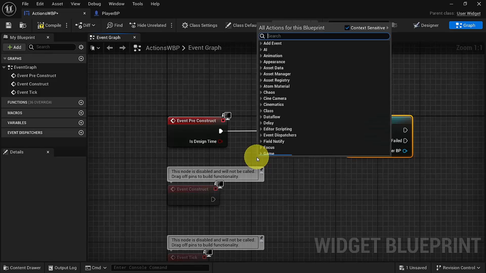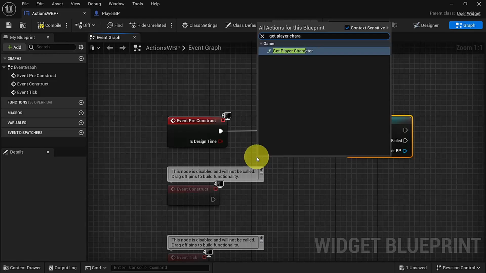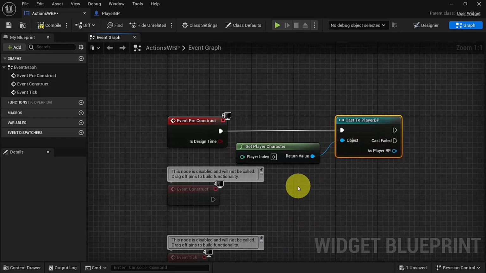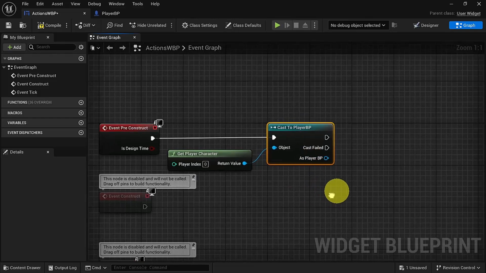And now right click and get player character and connect it to the cast. So if the player character is our player BP, that it will be true,